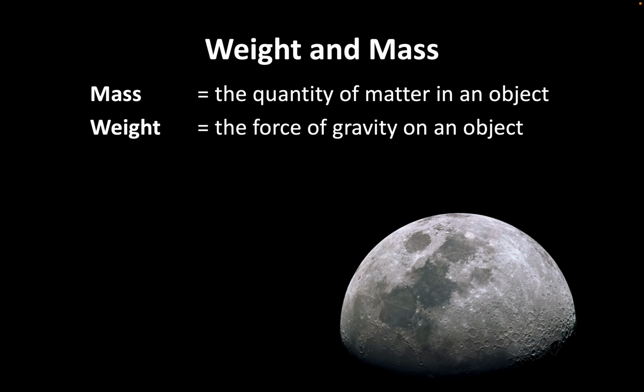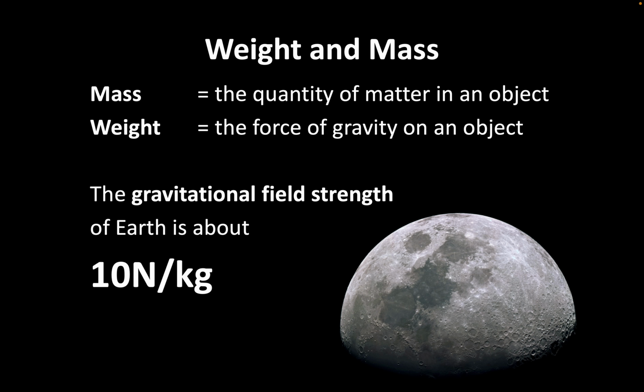All right, mass and weight we talked about already. Mass is in kilograms in SI units, weight is in newtons, and the conversion between them, for Earth, is 10 newtons per kilogram, and so W on the equation sheet you saw is equal to mass times g, the gravitational field strength. On the moon it's about 1.6, and if they give you other planets, they will give you what the gravitational field strength for the planet in question would be,